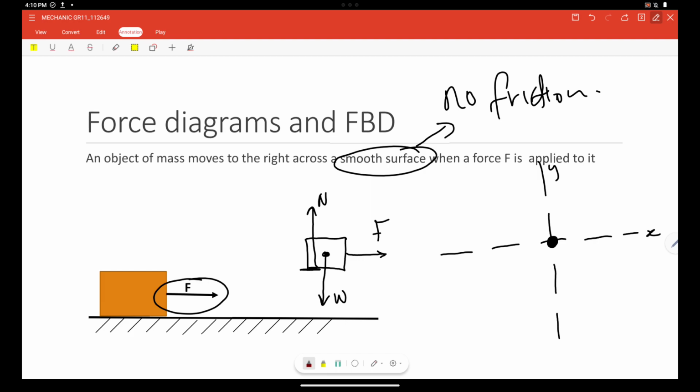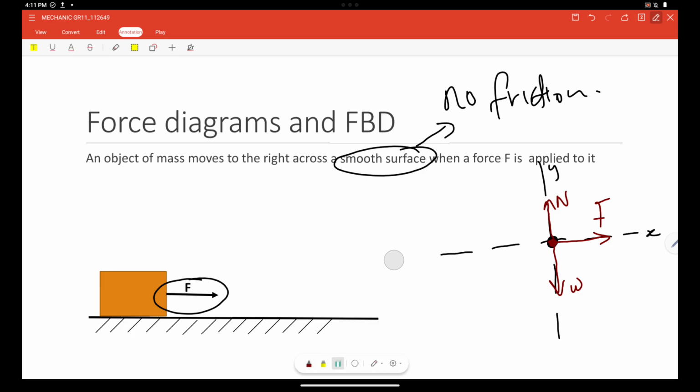You have the normal force pointing upwards. You have the weight always vertically down. And finally, we have the force applied, F. So that will be our free body diagram. But let us try to change that statement a little bit. Let us say that